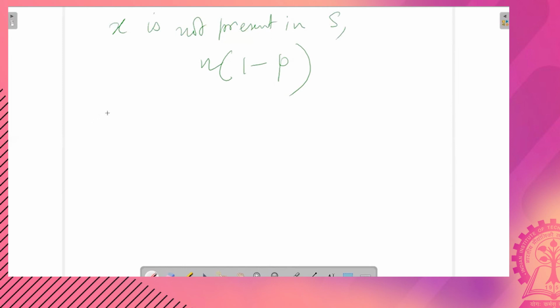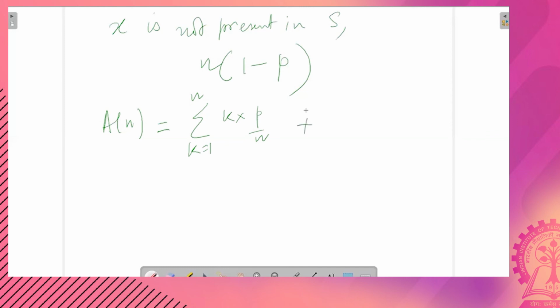So now again the expected running time would be composed of two parts. The first part is just like earlier, but the 1 by n gets changed to P by n. Earlier it was k into 1 by n, now it is k into P by n.